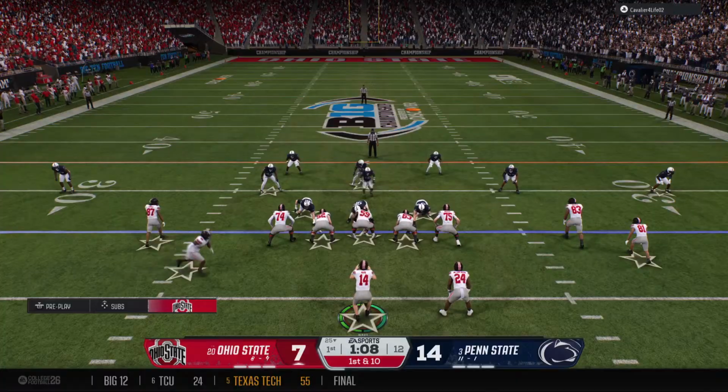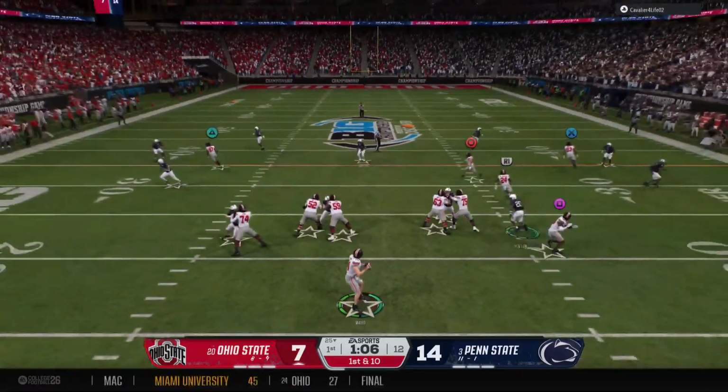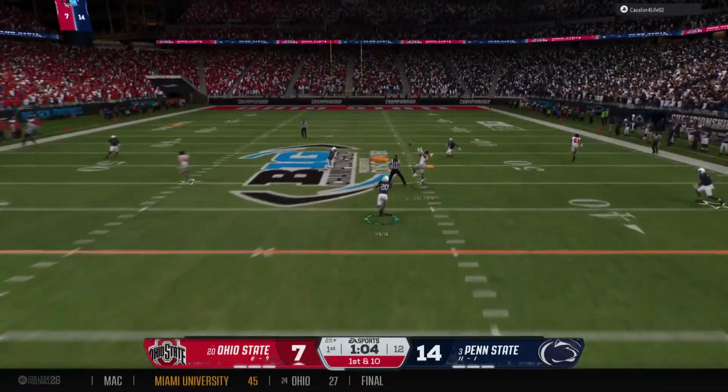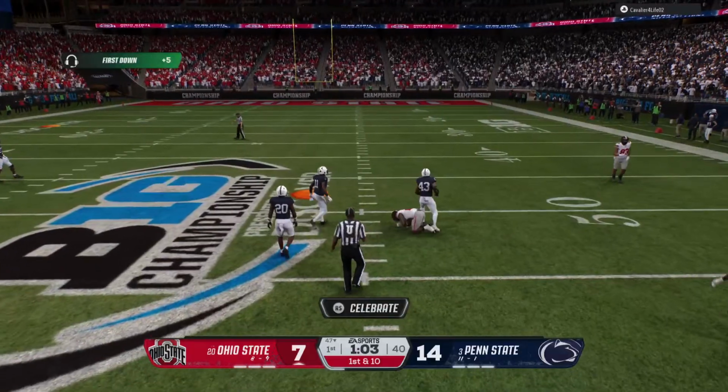Snap, motion from the receiver. First down, looking to throw the ball. He's looking deep here. He's got a man down the middle.